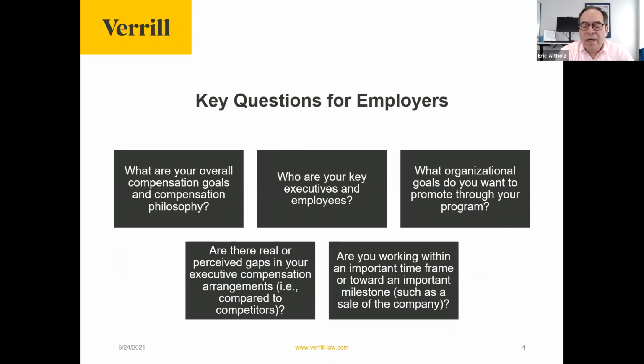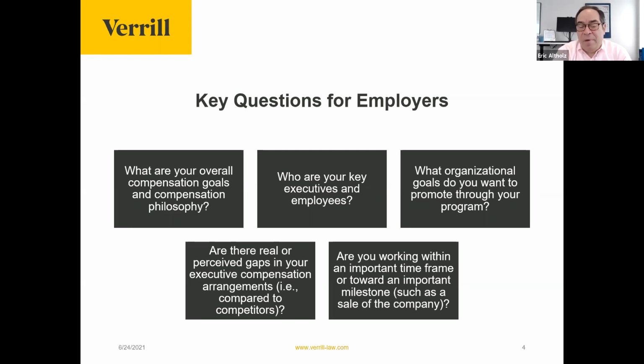So when we begin to work, particularly with a new client, we really like to start by asking some key questions and by listening carefully to the answers that the client provides. The answers to these questions really help focus the analysis and probably help narrow the range of appropriate opportunities or appropriate designs for an executive compensation program. And in all cases, it certainly will help improve the outcome and the product that you get and make it a much more efficient process.